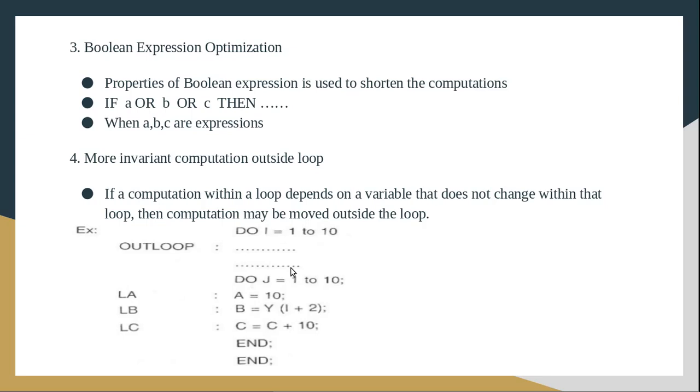Then where can we place this particular statement? It will be placed at the position just prior to the loop from where you got it. Okay, so that is where we can place that expression. After deciding the position, then place the expression. Okay, so these are the four possible ways of doing the machine independent optimization. That's all about the code optimization phase.